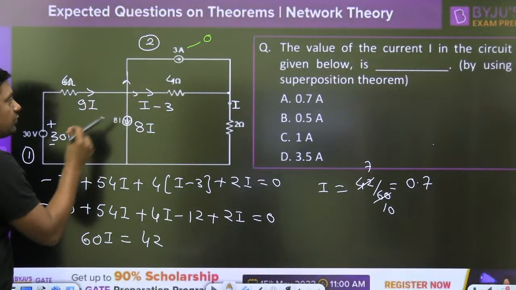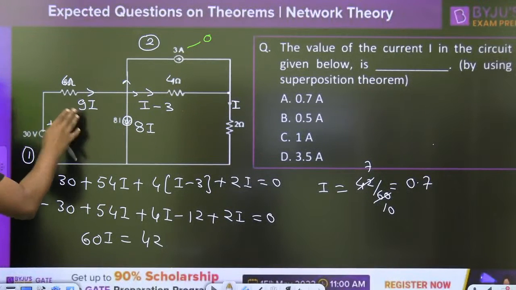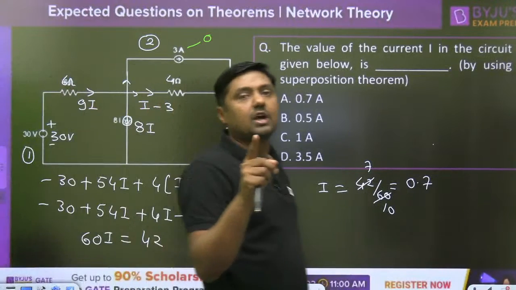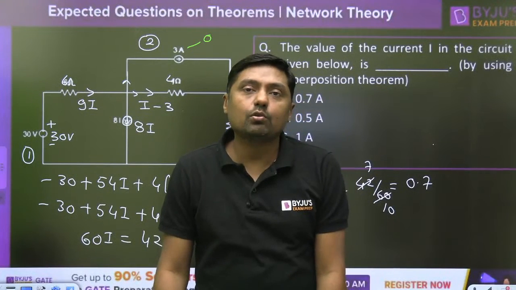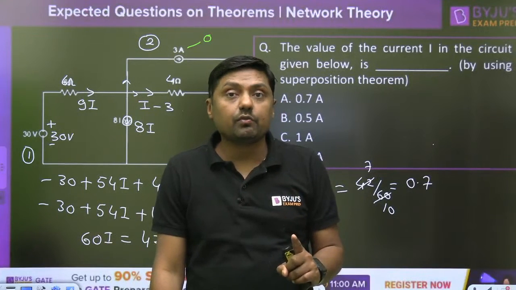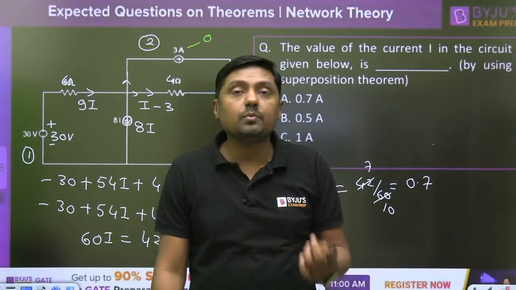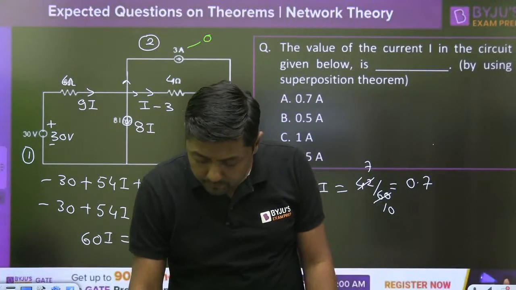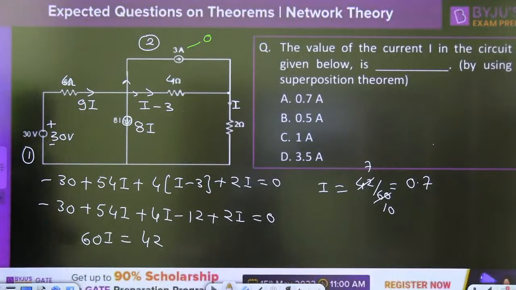I am writing the KVL without the voltage-to-current-to-voltage transform. Simply, I am writing the KCL and directly the KVL, and in one step you are going to get the answer. So if I is required directly, there is no need to apply the superposition theorem. If P1 power is required, meaning the power because of the first source and the power because of the second source, and the values of I1 and I2, then you have to apply the superposition. Otherwise, no need. Directly we can find.